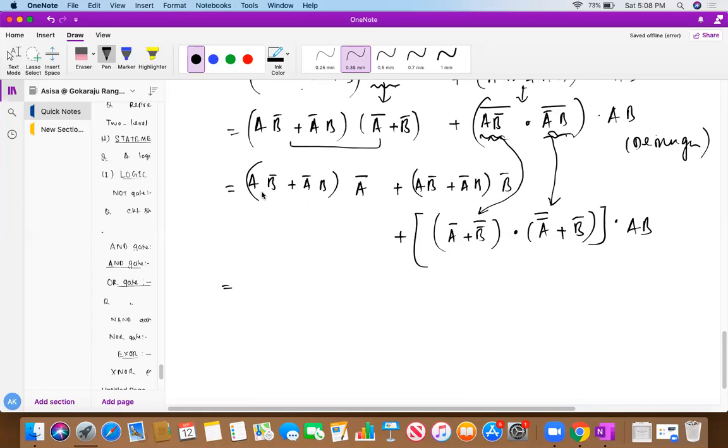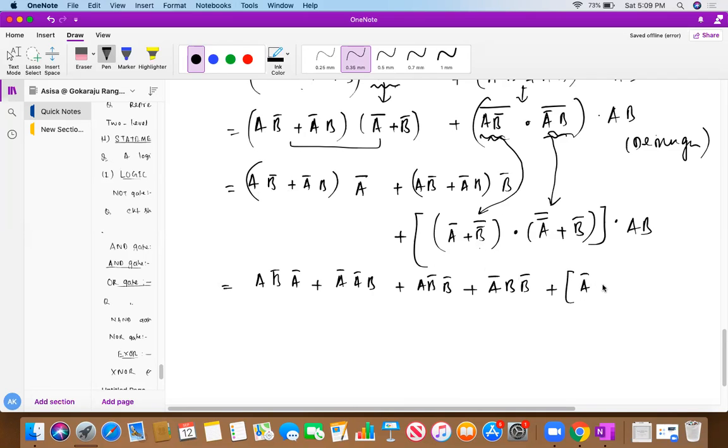So here I can make A B bar A bar. What is that? A B bar A bar. This will be my A bar B. This will be my A B bar B bar, or A bar B B bar. And this one also, how can I do it? I can again apply the distributive law on this. So B bar bar is B. So I can make it like this.